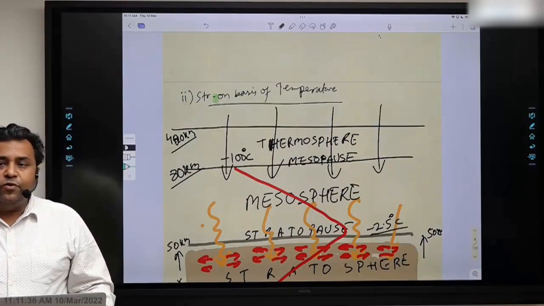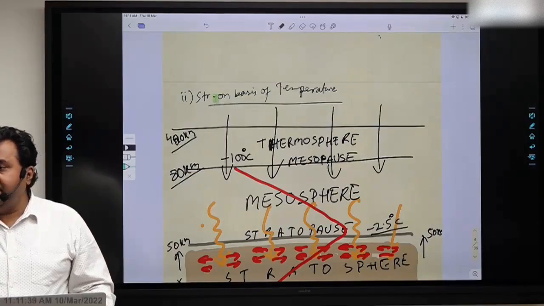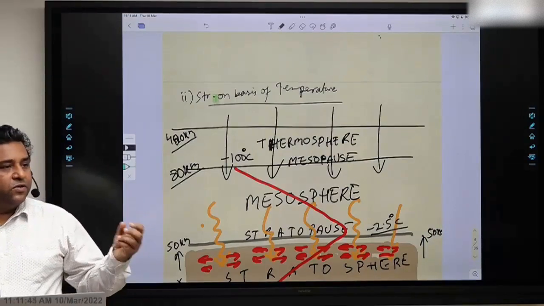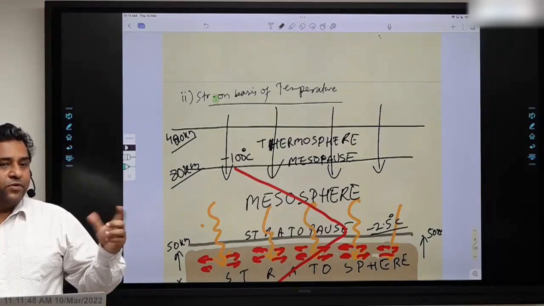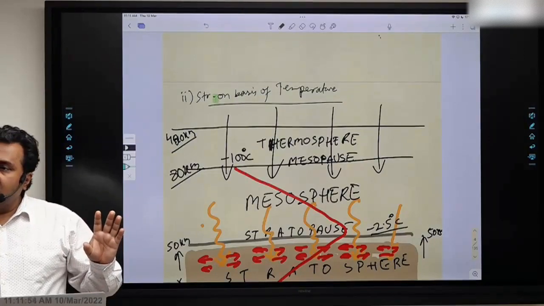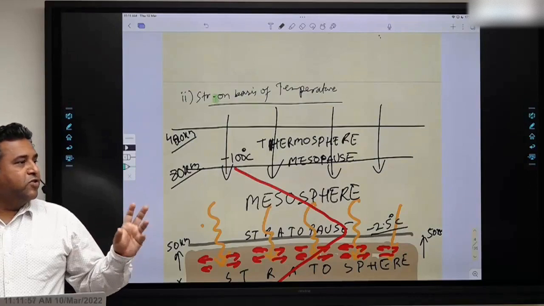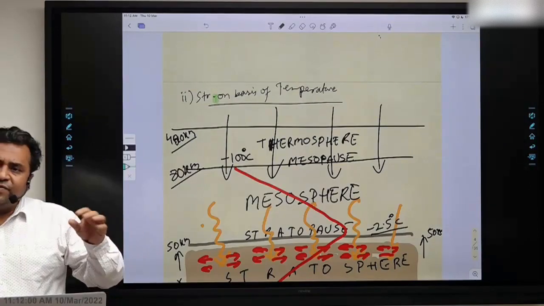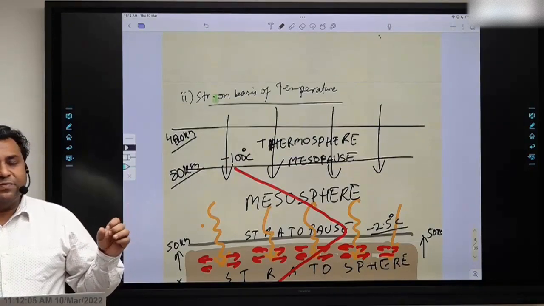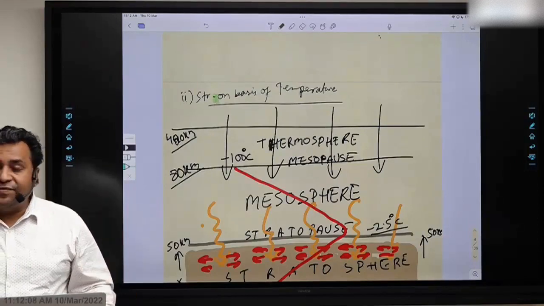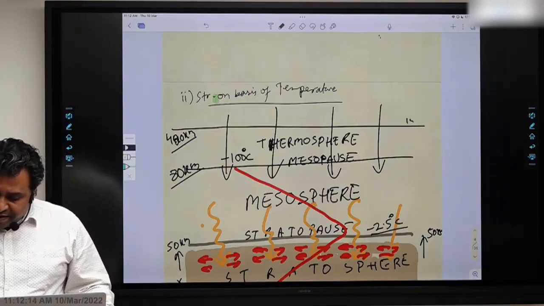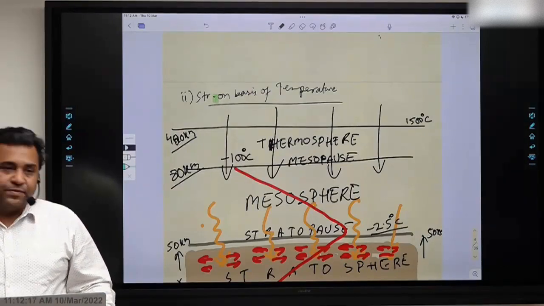Why? Because very few particles absorb the sunlight and they become very hot. A tiny particle has received a lot of heat from the sunlight, so that particle becomes very heated up. In this room maybe 10 particles will be there, but those 10 particles will be extremely heated up. Right now in this room there will be millions of particles, but in that region you will find very few particles in space. And those themselves might be extremely heated up, and the temperatures might be as high as 1500 degrees Celsius on the top of thermosphere.